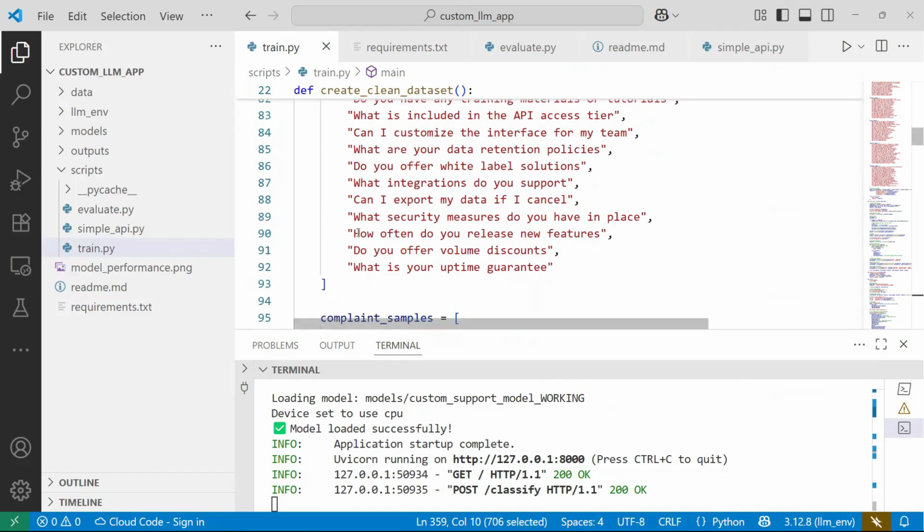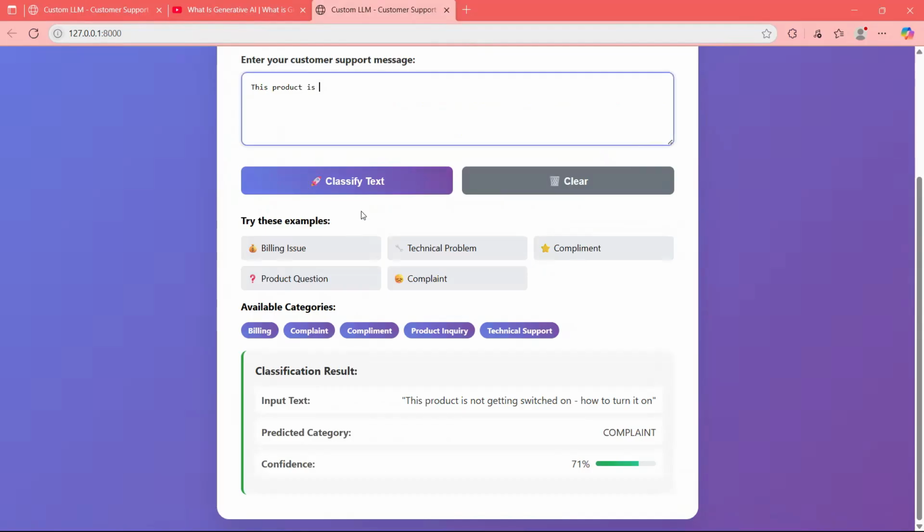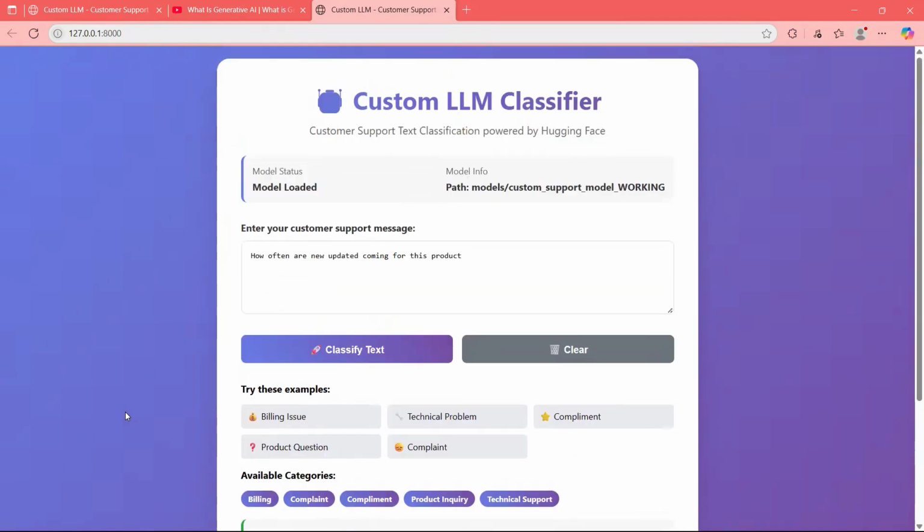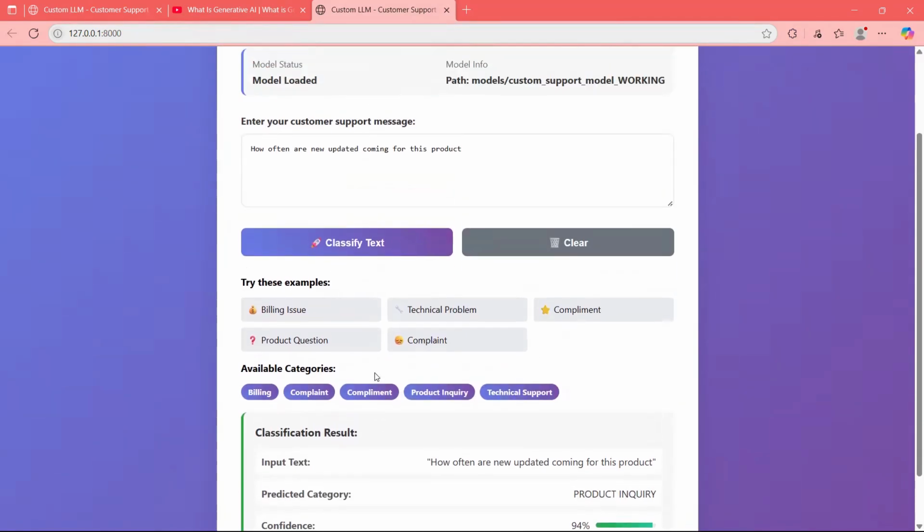How often do you release new features, or something similar we can ask, because these are our data for fine tuning. How often are new updates coming for this product? Yeah, now product inquiry with 94% confidence. So basically, if it is in sync with the fine tuning training data, it will be good. And sometimes there is always scope for a little confusion, so don't worry about that.